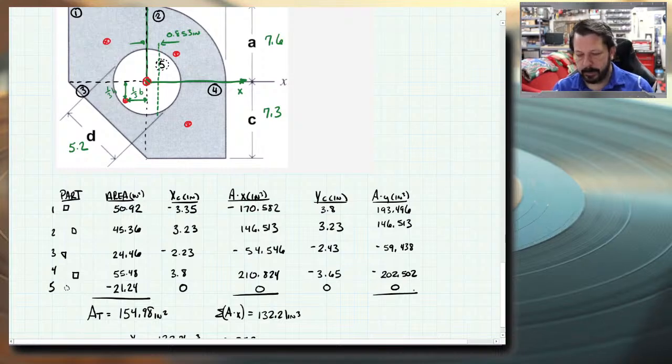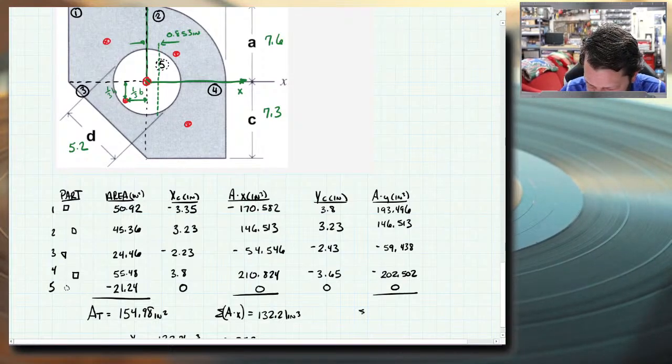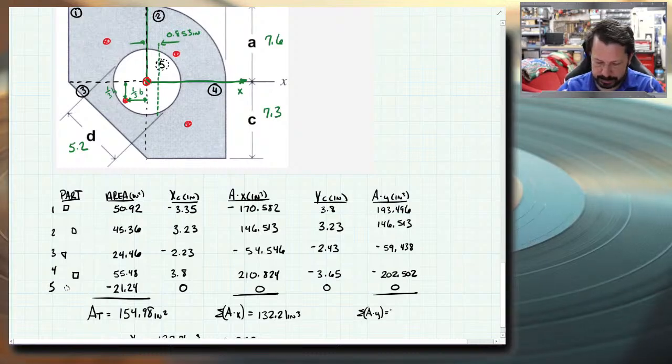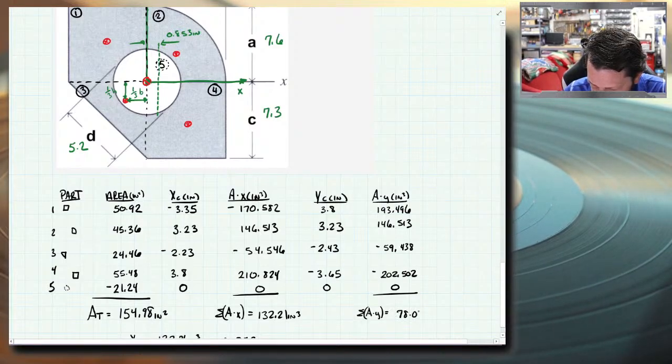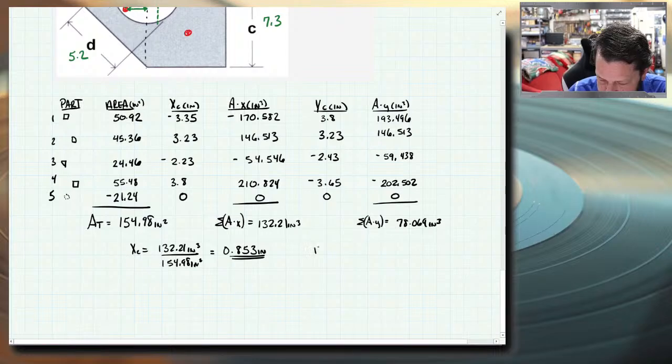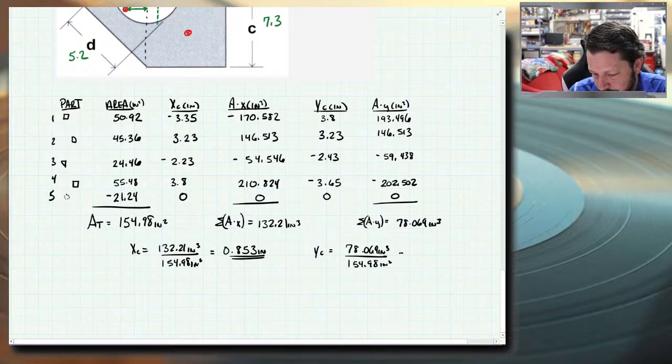So here we have the summation of Ay is 193.496 plus 146.513 minus 59.438 minus 202.502, which is 78.069 inches cubed. And y sub c equals that 78.069 inches cubed divided by the same total area that we had before, 154.98 inches squared,